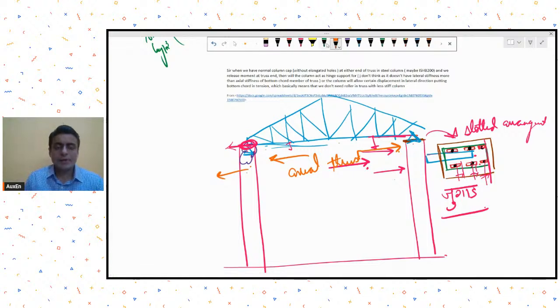Yeah, so what happens now? Mr. Tosh is saying, will the thrust be in both directions? Yes, because this is basically what will happen. This thrust will try to bend down. When this thrust tries to bend down, it will try to open up. Now this opening up will be resisted by the pin support, so it will generate thrust on both sides. Okay, so when this thrust is generated on both sides, then there will be a moment generated in the column. All right,